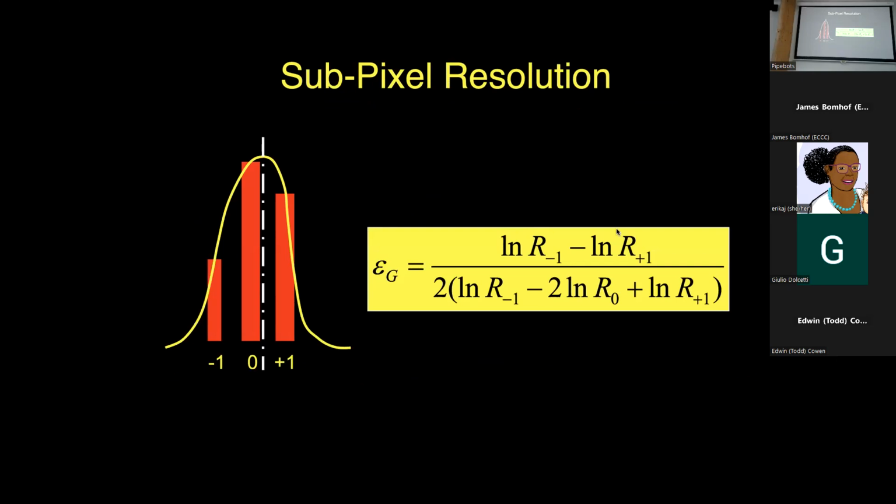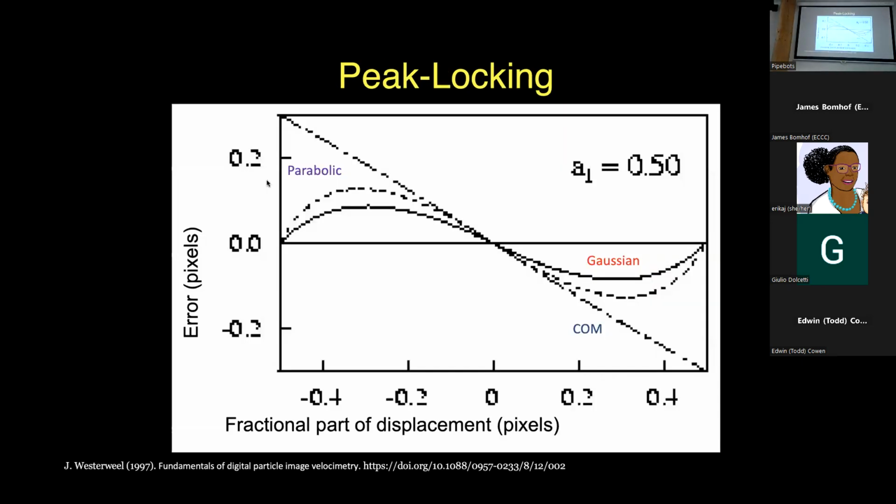PIV traditionally works with Gaussian fits. It turns out you can decouple this into a 1D problem in both directions, and you can very quickly fit for your subpixel fit, where 0 here represents the integer pixel peak, and then I look to the left and to the right, and I find what the values are, and then I fit my Gaussian. The challenge with all this is when we do subpixel fits, whether we're using Gaussian, center of mass, or parabolic,